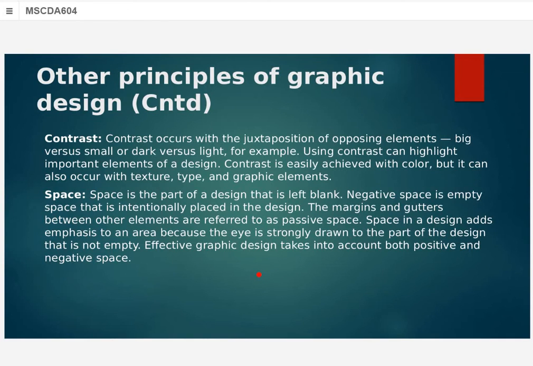Now, when you are dealing with space, like I said, don't overcrowd your things, and at the same time, don't leave too much space. Okay, you need to balance the two. Okay, so that is principles of graphics design. Then we have this concept called